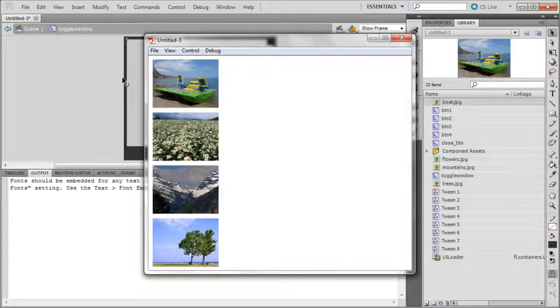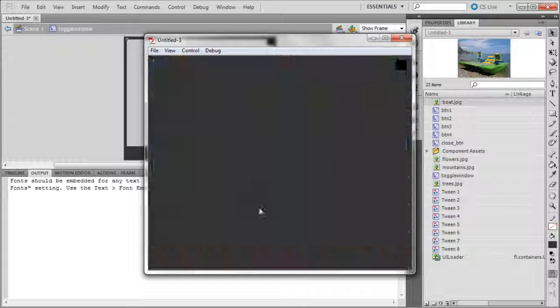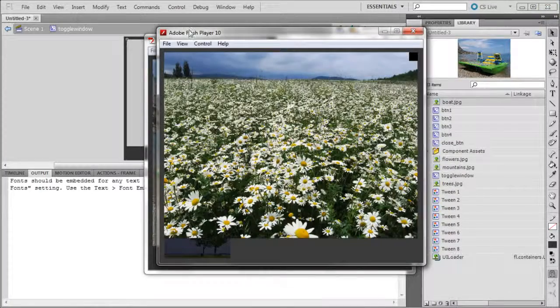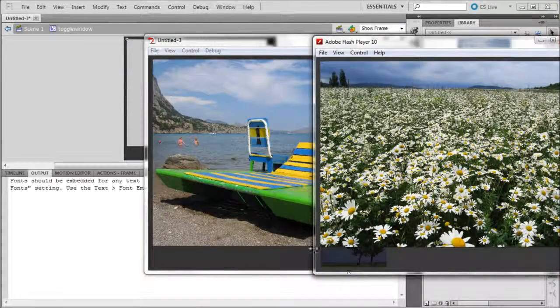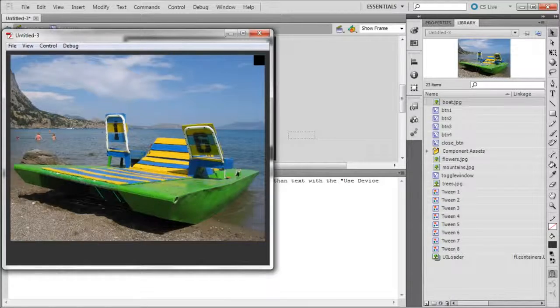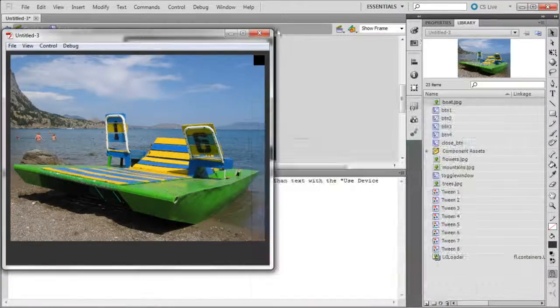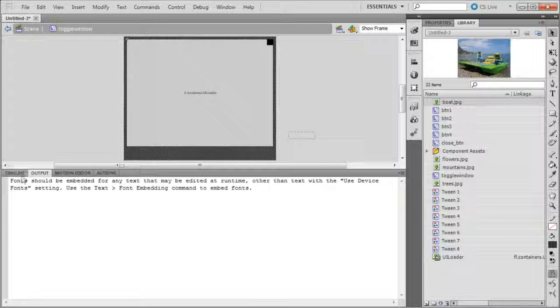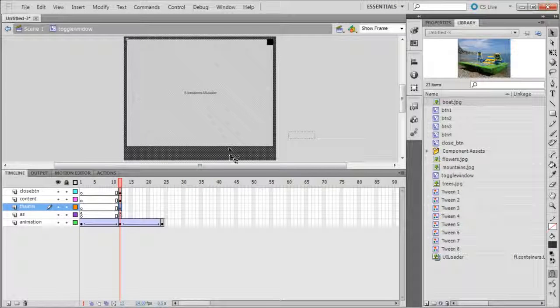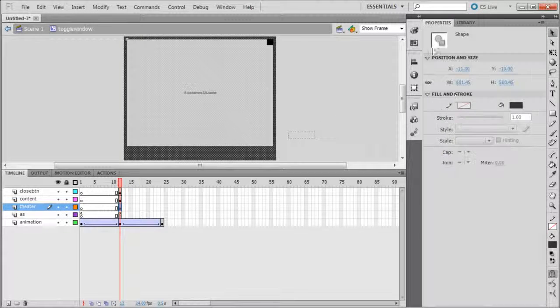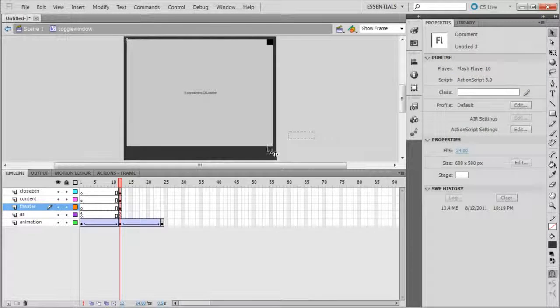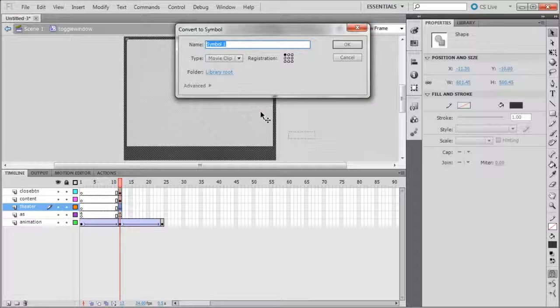That's pretty cool. One thing I forgot while I'm looking at the theater mode, you can see here's my original. Here you can kind of see the images in the background. If you want it to be like this, then just leave it like that. But if you want it to be opaque there, what you'll need to do is go back to the timeline, click on the theater mode, click on your rectangle there. Make sure you have just the rectangle selected. Go over to the properties, and like we did before, you can add a style, but it seems to not want me to add a style right now. You might have to hit F8 and turn it into a movie clip